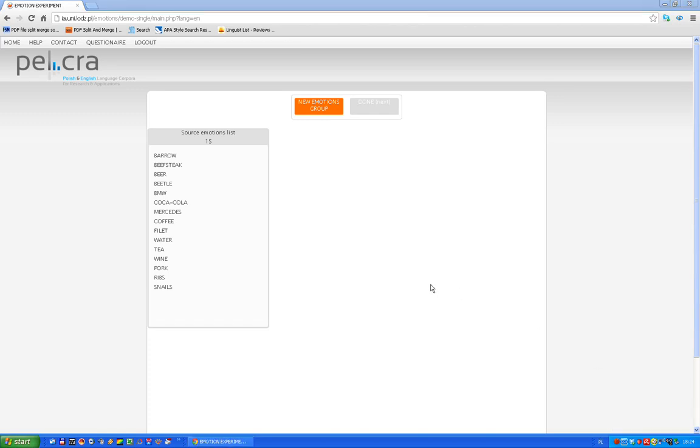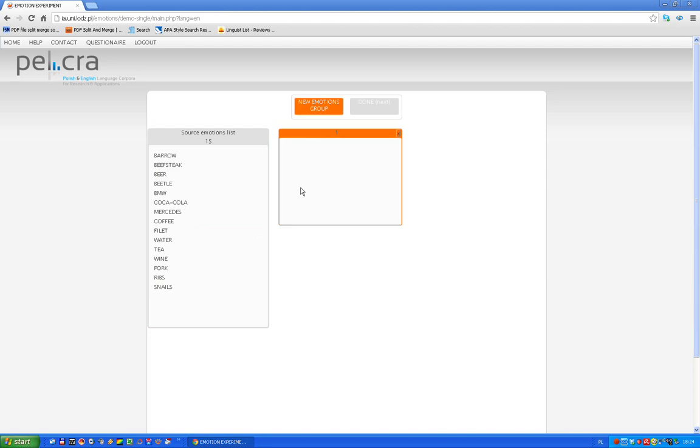In part 1 of the proper experiment, you will be required to categorize emotions. However, for demonstration purposes, in this demo, we are going to categorize items of food and drink. These items are presented in a vertical list on the left hand side of the computer screen, as you can see here. The first thing you should do is have a quick look at these so you become familiar with them. And then to start sorting the food and drink items, you click the orange button here,